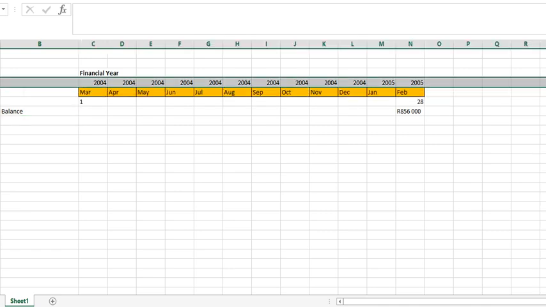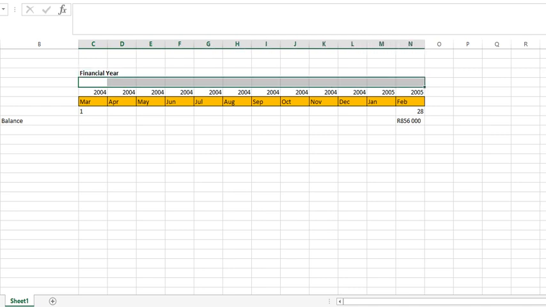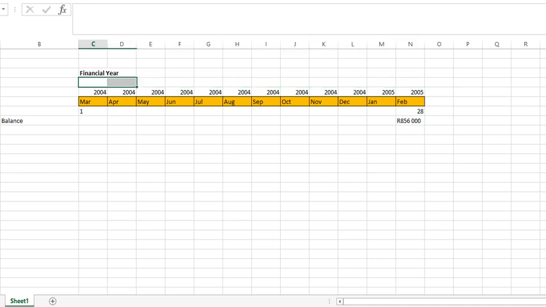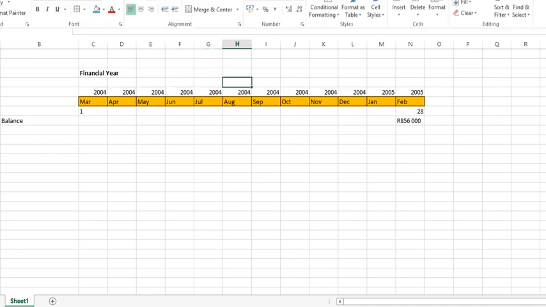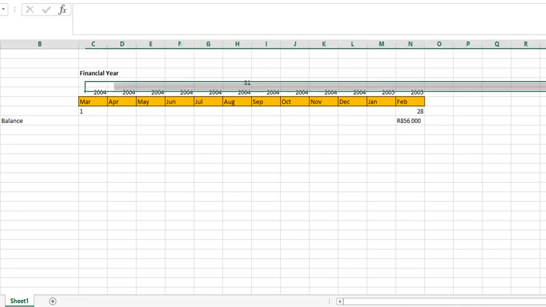So if we look at our timeline, from the period the 1st of March 2004 up until the 31st of August 2004, the interest was